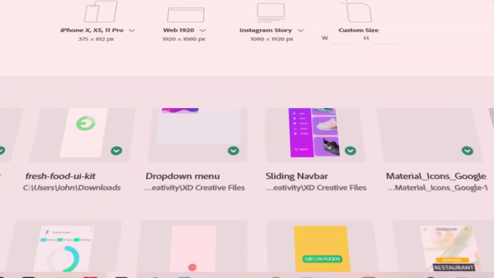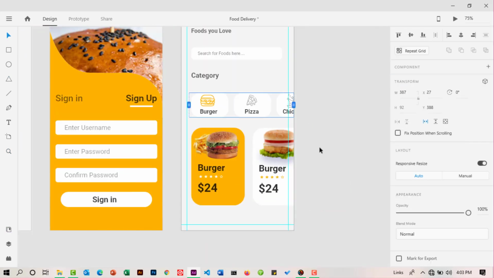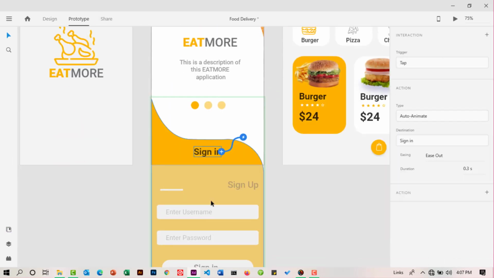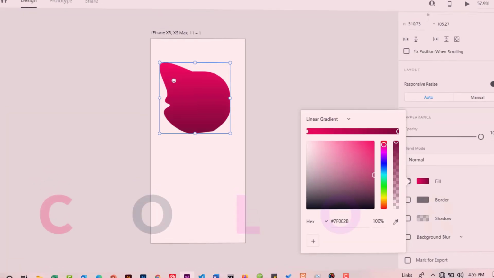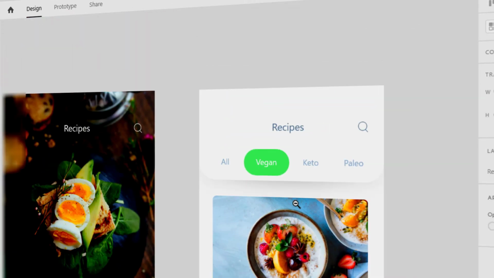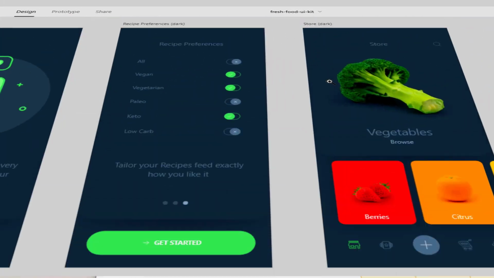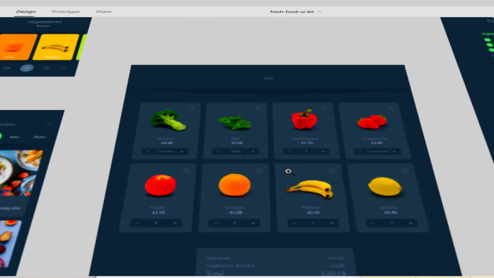Later, you will learn how to design a cool food delivery application. In the process of designing the app, you and me will learn how to use components, colors, and images to create a beautiful user interface, as well as how you can wire all this together to create a cool user